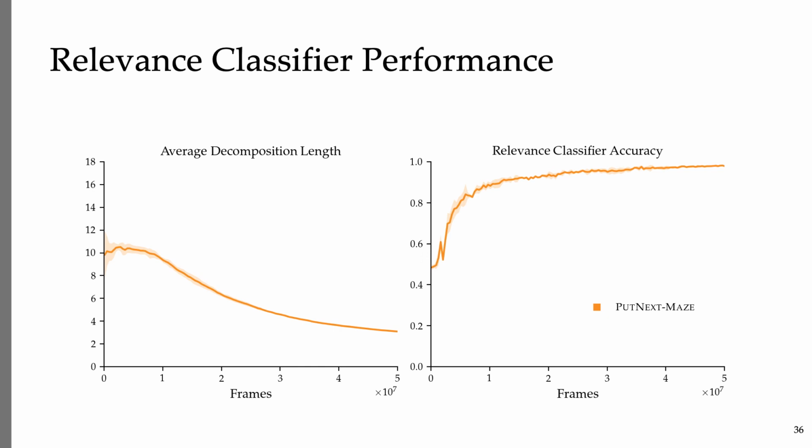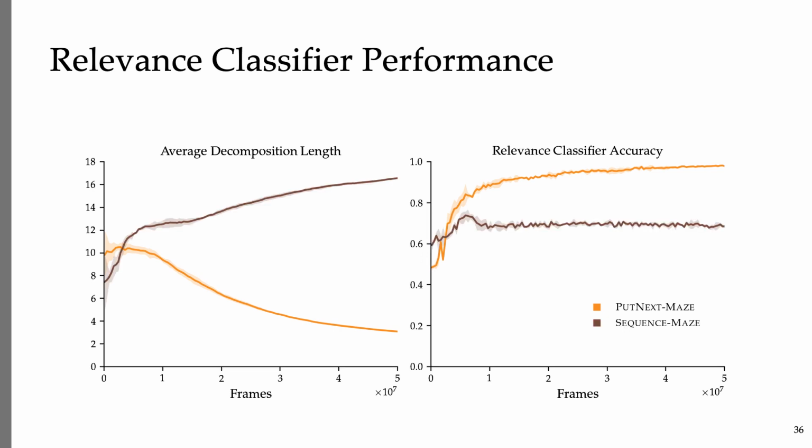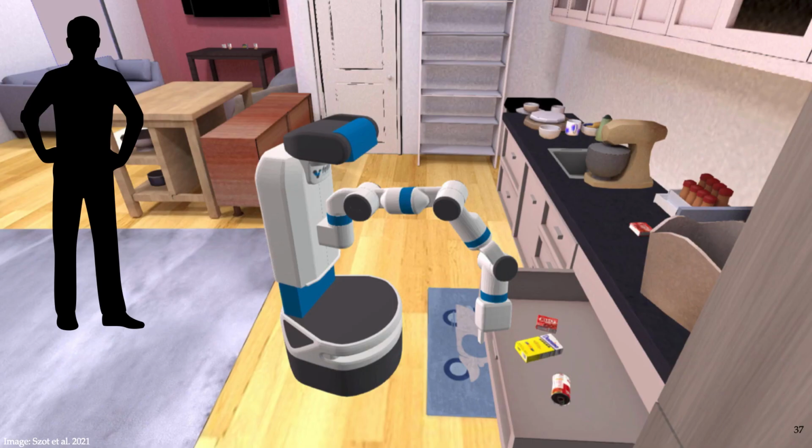Next, let's look at the sequence task, where Ella has only marginal gains. Ella incentivizes general subtask completion, as evidenced by the growing decompositions, but the decompositions are noisy, so the relevance classifier does not get very accurate. It's difficult to offer targeted bonuses in this case. Scaling up to highly compositional instructions, like those that might appear in real human-robot interactions, remains a challenge, but we do believe that abstractions will be a key to learning such systems.